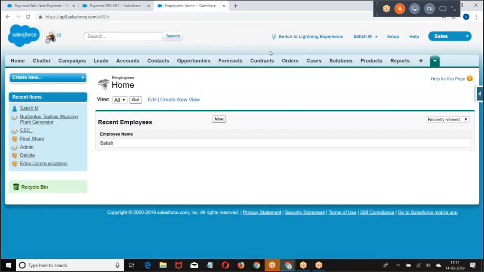Was that clear? The record was deleted. Previously it failed because I have a child. Now when I am trying to delete a parent, first delete the corresponding children, then delete me. Now that it is possible, I am going through the before delete trigger. So before delete, after delete. I hope you are good with this concept.